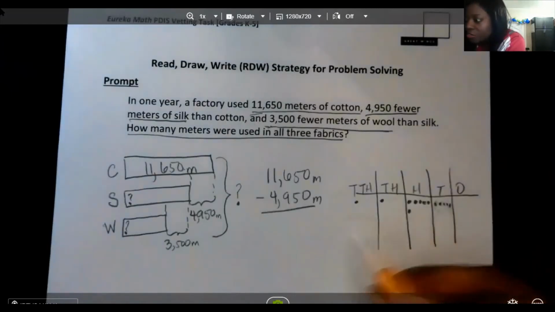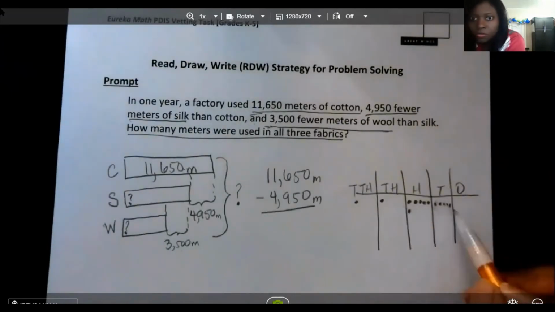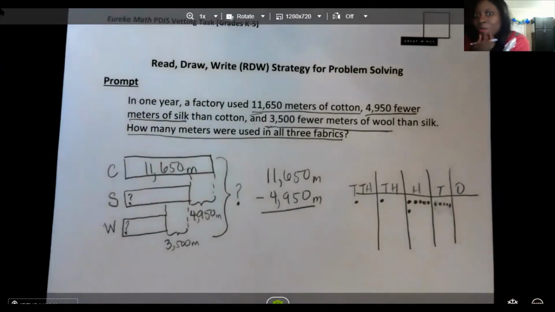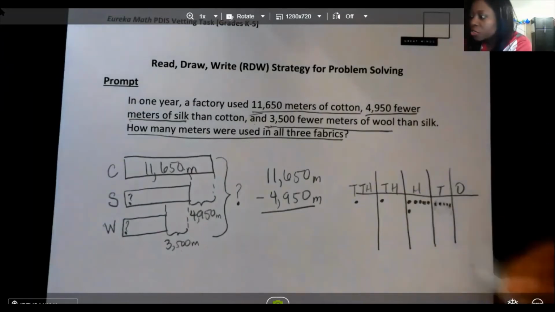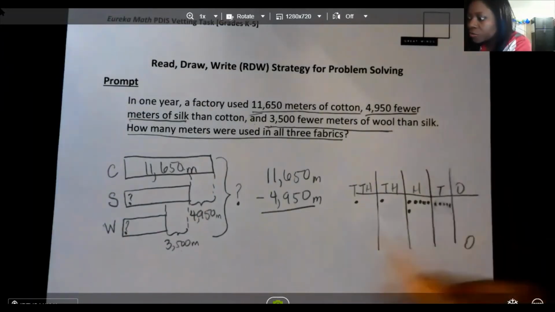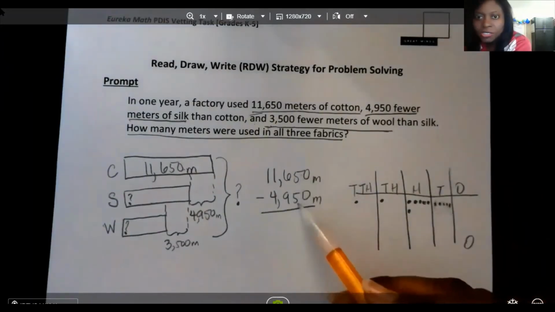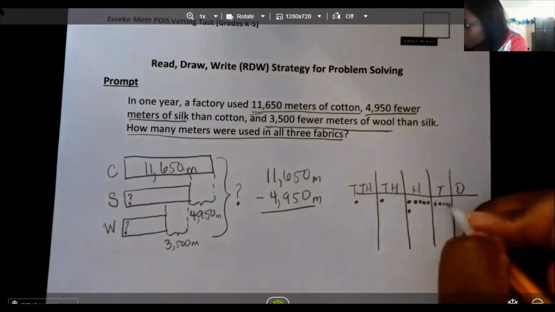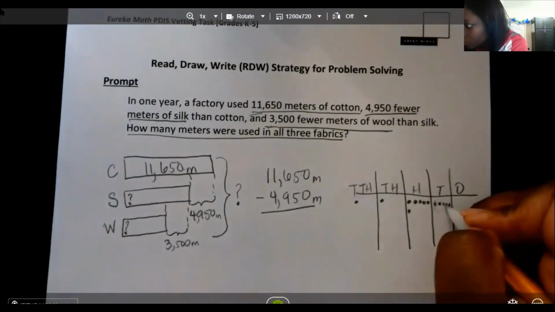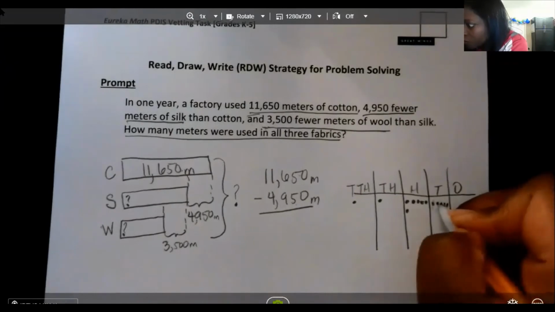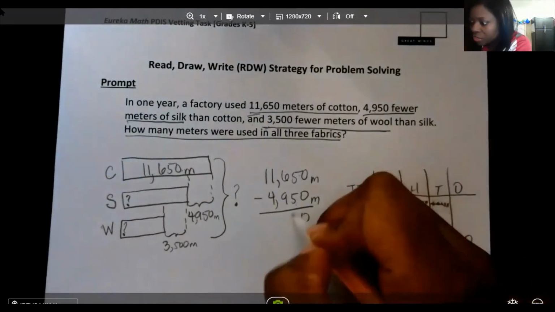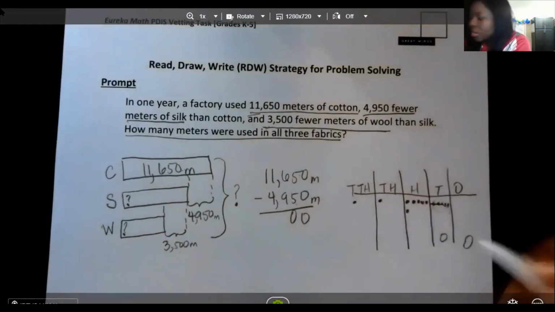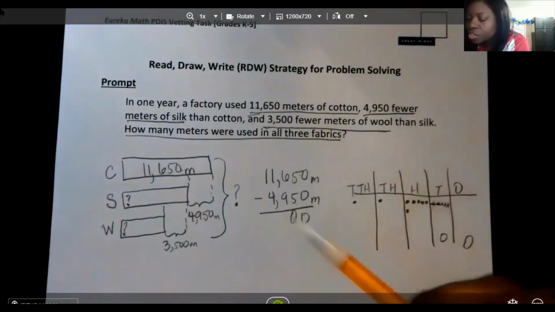So we have 11,650. Now, I need to subtract 4,950 from this. So 0 ones from 0 is 0. 5 tens from 5 tens. So 1, 2, 3, 4, 5. So they're all gone. So 0. I'm going to actually do it simultaneously because it makes it easier and builds our students' understanding. So now we have